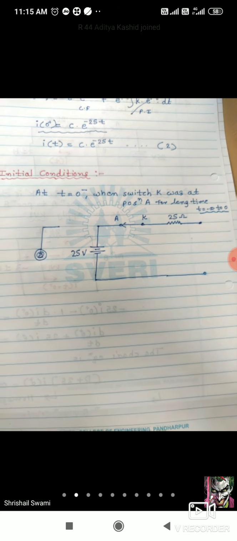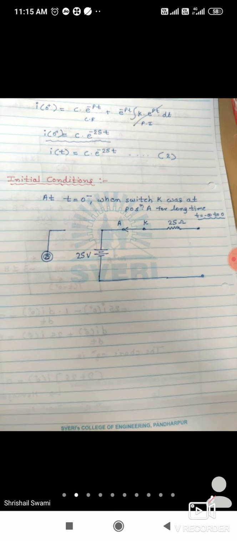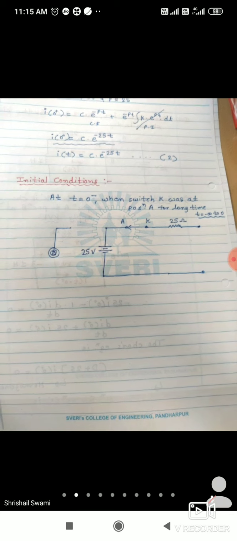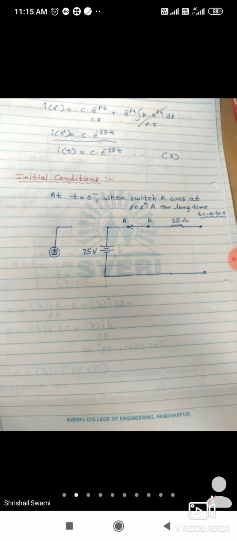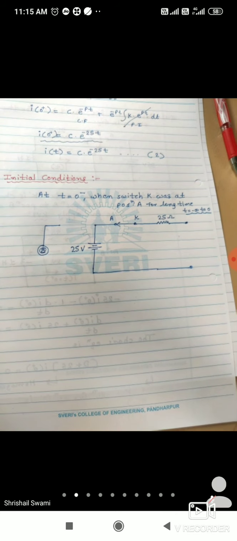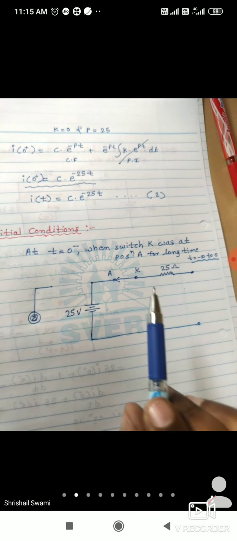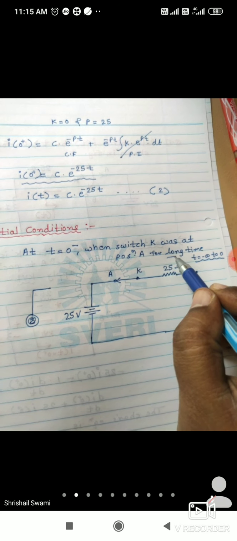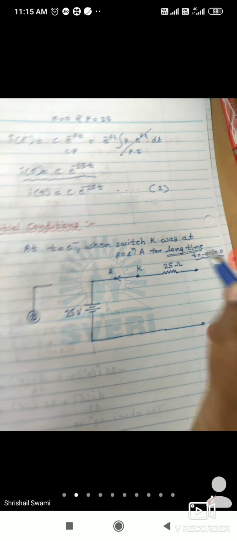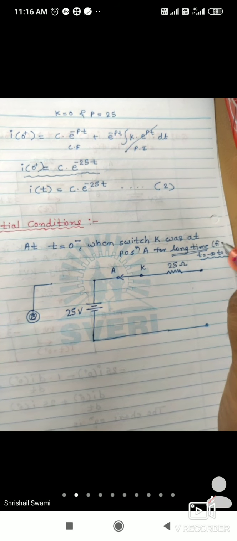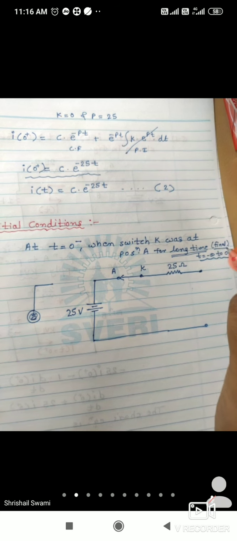See the table number 1. I am telling, table number 1 you have to see. Inductor acts as short circuit and open circuit if current is not 0. Is the current 0? Because here 25 volt is present, the supply voltage, does it mean the inductor is open or short? Otherwise, if you are using this long time as a final condition, then see the second table.